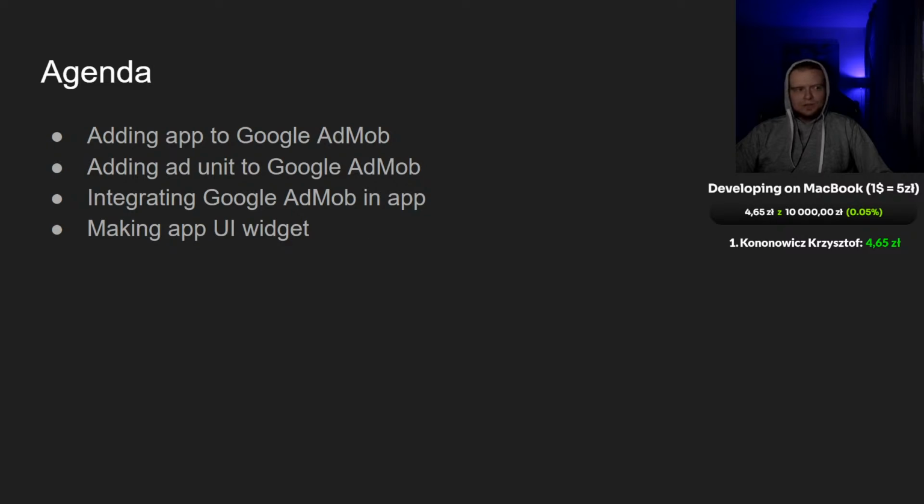First of all, I will show you how to add an app in Google AdMob. Remember that you need to have an account in Google AdMob to do that. It's fairly easy to create it there. Second of all, I will show you how to add an ad unit to Google AdMob. However, probably I will show you first how to integrate Google AdMob in our application. And last but not least, we will create our actual app